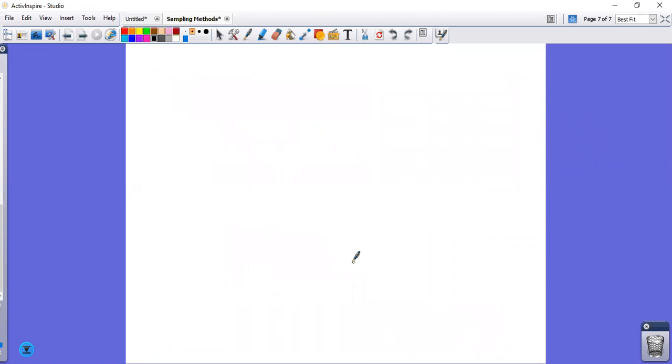Tomorrow we'll have a vocabulary quiz where it'll be open notes so you can look at your vocabulary